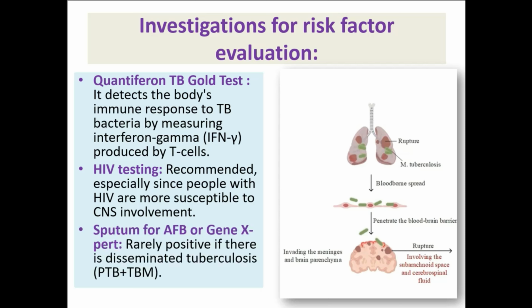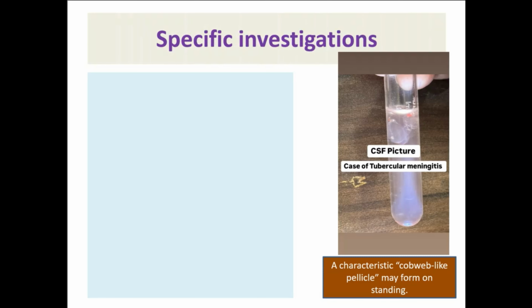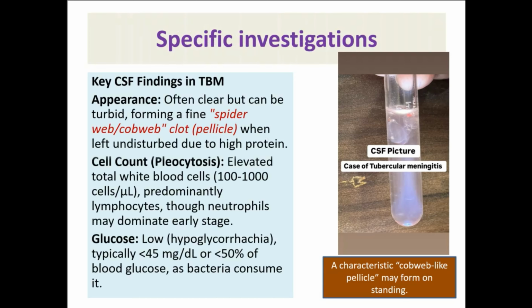Sputum for AFB or GeneXpert, rarely positive if there is disseminated tuberculosis, PTB plus TBM. Specific investigations. Key CSF findings in TBM. Appearance, often clear but can be turbid, forming a fine spider web cobweb clot, pellicle, when left undisturbed due to high protein. Cell count pleocytosis, elevated total white blood cells 100 to 1000 cells per microliter, predominantly lymphocytes, though neutrophils may dominate